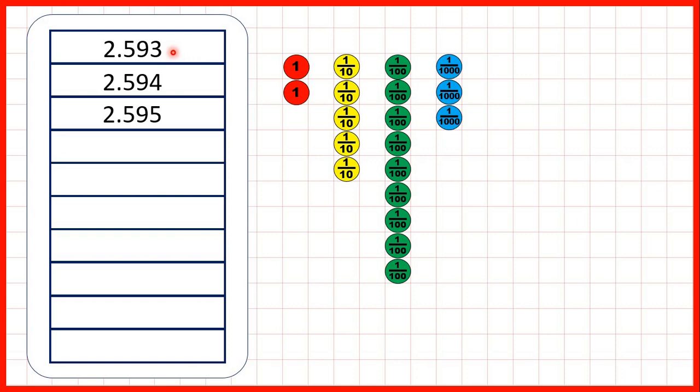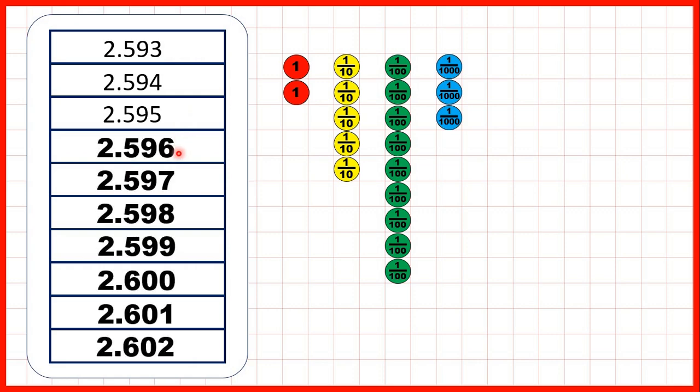Now we start with 2.593. So that's 2 wholes, 5/10ths, 9/100ths and 3/1000ths. What will the next numbers in this sequence be? Well, we can show them, and again there's one value that we need to change, because we don't need to write zeros on the end of decimals. So if we're counting in thousandths, we go from 2.599 to 2.6, then to